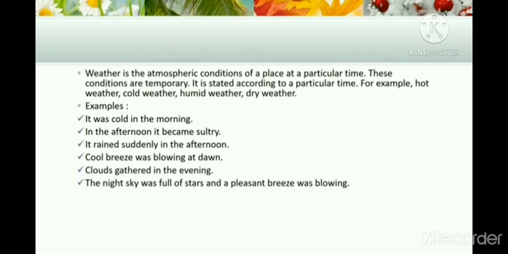Similar to the different weather conditions, you can come up with words with which we often express what we are actually experiencing at our place. It depends on the different periods of time at different places. This is nothing but the weather. Now let us see the next topic, that is climate.